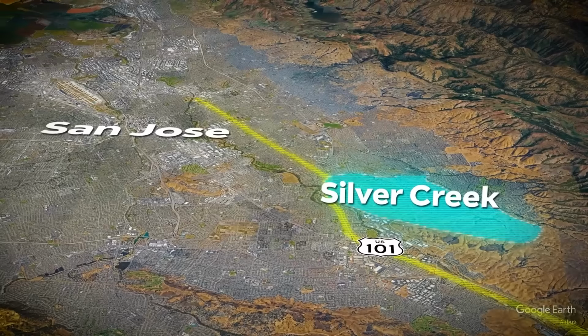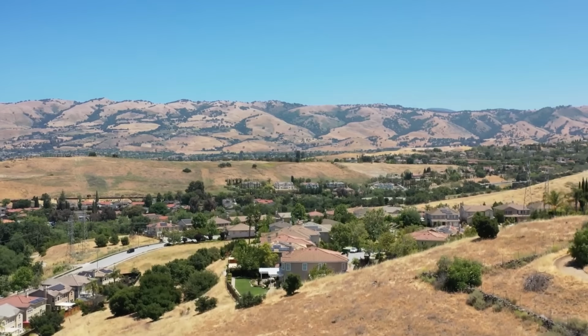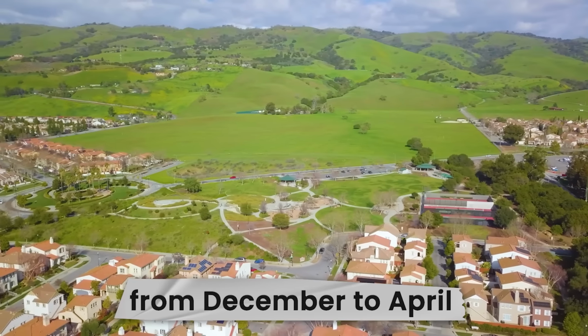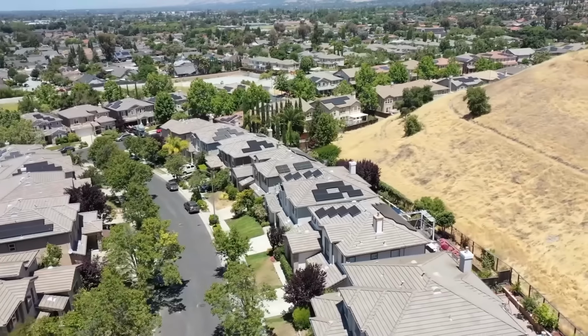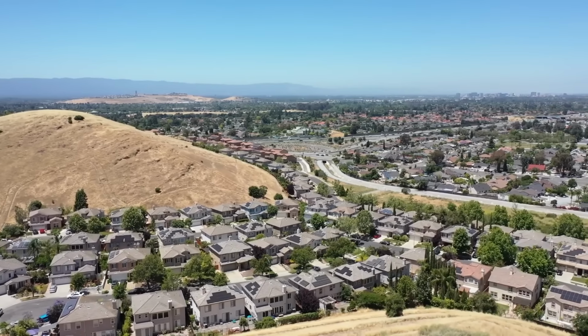Now, where is Silver Creek? Silver Creek is located in the east foothills of San Jose on the north side of Highway 101, up here tucked into this area. Now, these hills are really beautiful, but they are covered with grasses. So you will see from December to April, the hills are very green, bright, lush spring color. And as we get into the warmer and drier months in California, you get that California golden color that covers